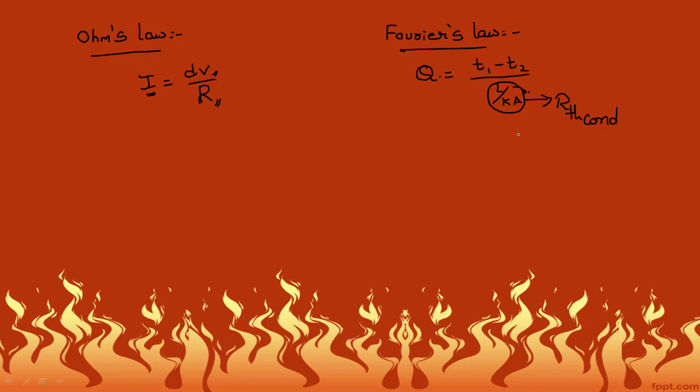Now, see here, always we will talk about heat transfer rate. Heat transfer rate has the unit of watts. In thermodynamics, we have learnt that heat transfer is taken in terms of joules. Here, we call it heat transfer rate, that's why it has units of watts. And here, the temperatures will be in degree centigrade. When we write small t, it indicates degree centigrade, or sometimes you can take it in terms of Kelvin also.